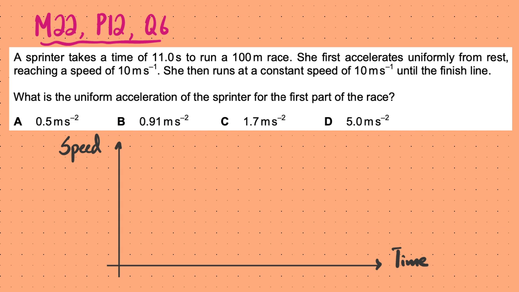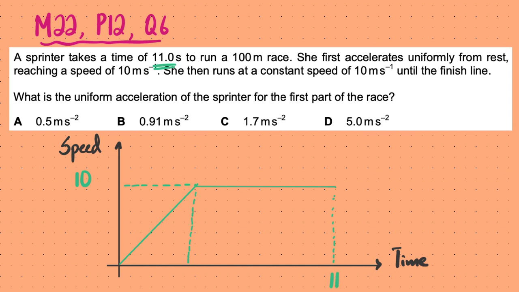If I think about this graph, I know that it's initially going to be a uniform acceleration. So it's going to be a straight line, reaching a speed of 10 meters per second. But the time corresponding to this I do not know right now. And then we know that it covers distance at a constant speed of 10 meters per second until the finish line. But I do know what this final time is, because this is the time of the journey, which is 11